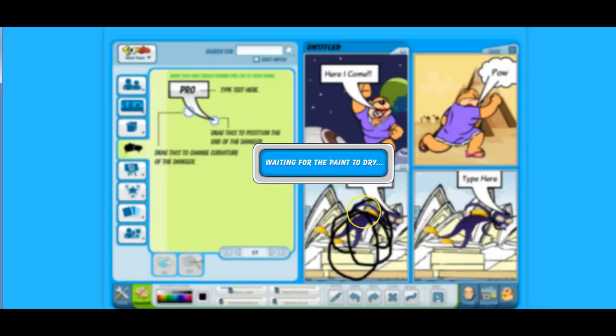Waiting for the paint to dry. So it's saving that right now, my little doodle. This